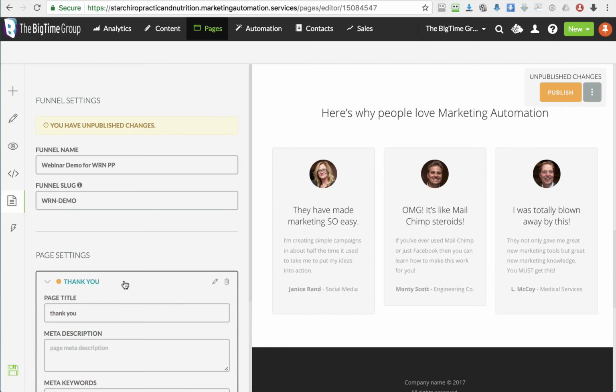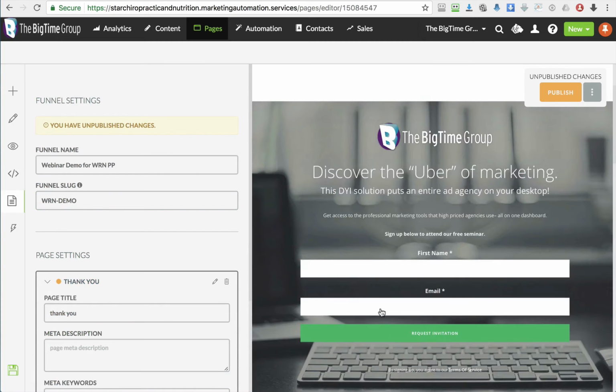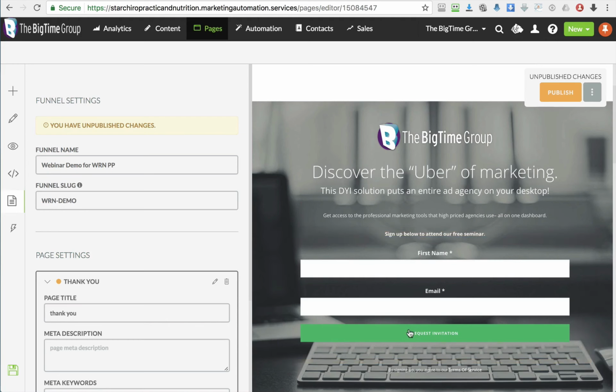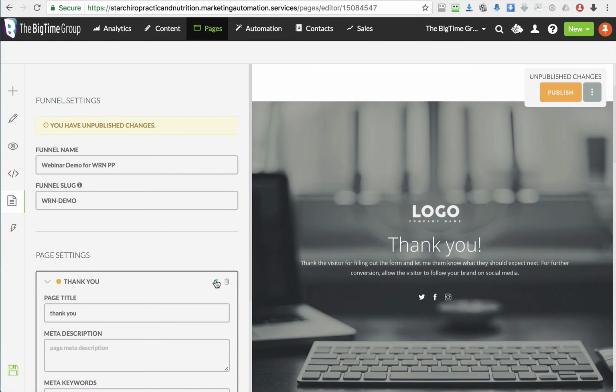The thank you page is the page that the user will see after they have entered their name and their email address and click Request Invitation. Now, with SharpSpring, we can set it so right in this area here it says thank you, but we're better off taking them to a thank you page. So to get to the thank you page, we're going to click on this small pencil icon, and that'll jump us right to it. As you can see, we don't have a logo in there, and we don't have any text. So in order to edit this page, we have to click on the large pencil icon, the Edit